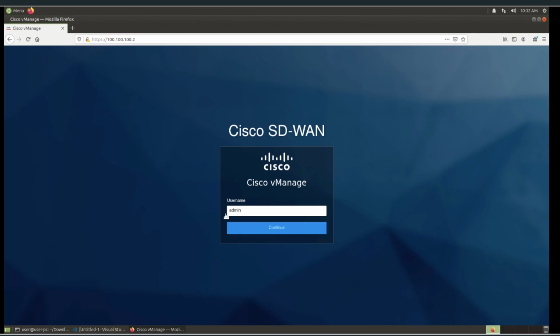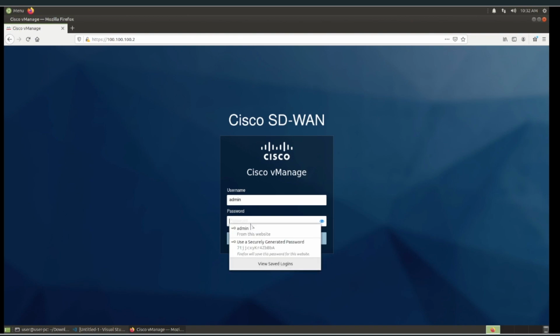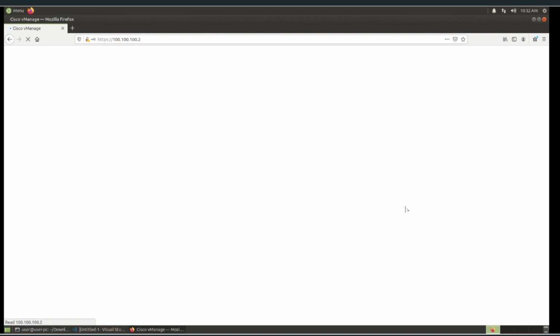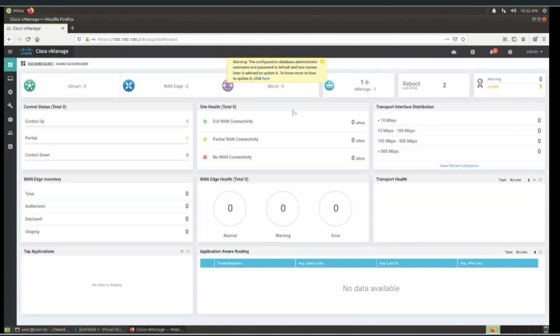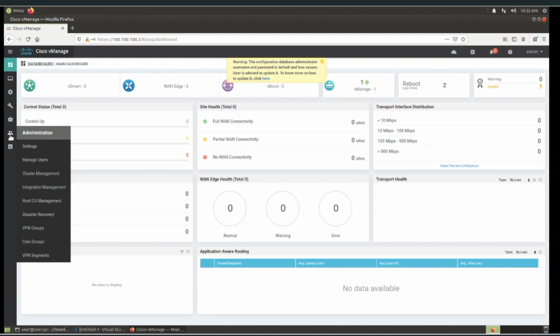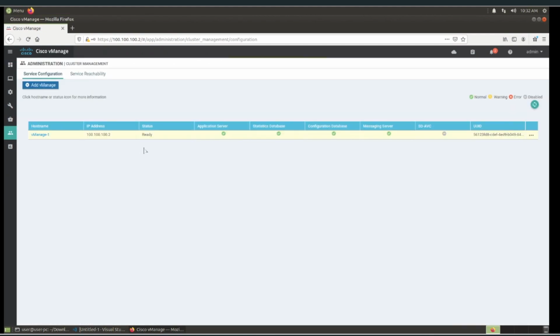Let's go ahead and see if I can log in. Admin, admin. All right, again, we're ignoring the database message here. This isn't an error, it's just a warning. It's telling us that we're actually using the default password, which is password, for this database. So obviously we're going to want to correct that, but not yet. Right now, let's go into our administration to cluster management,